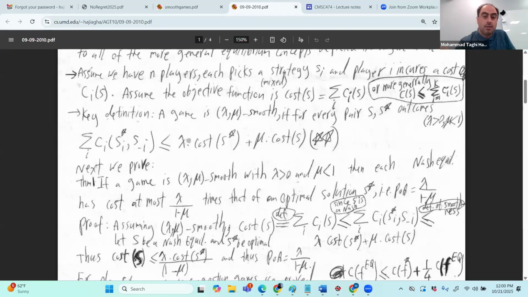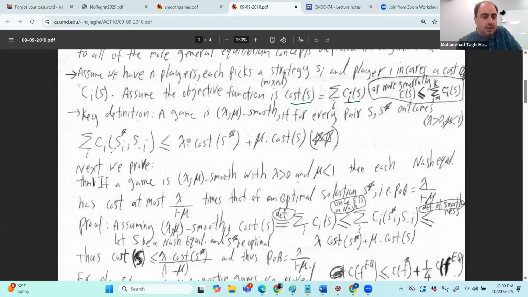And here, as I mentioned, consider the cost of the whole strategy S. It means that a strategy profile S, which is the vector of strategies, has cost equal to the sum of the individual commute times for each of these given S. Note that it is important: it's C_i of S. It means that when these people all play this S, of course there are common resources that they may use together, and if both of these people try to use the same route, then the traffic would be more. So that's the issue that we will call C_i of S, and S is the strategy profile of everything.